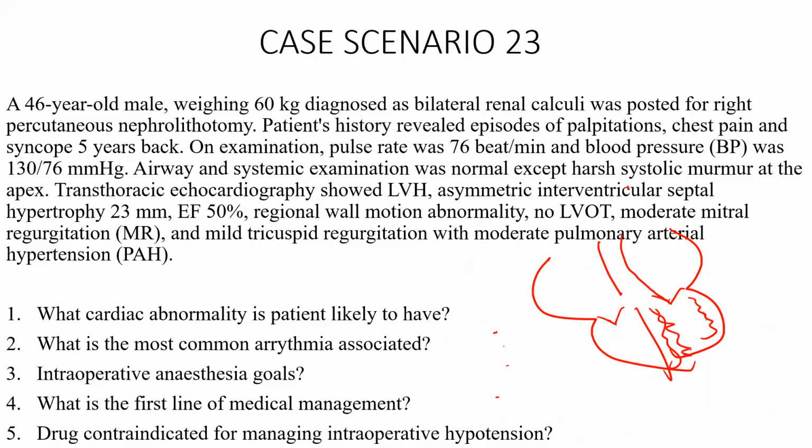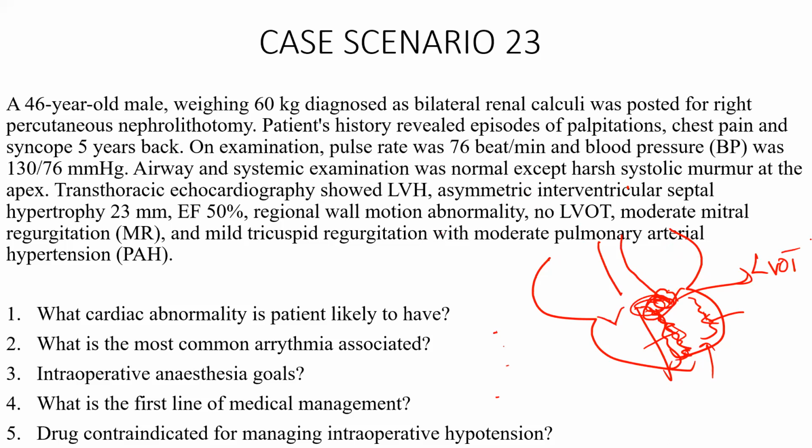So the problem in hypertrophic obstructive cardiomyopathy is that there will be asymmetrical septal hypertrophy. When the ventricle is contracting and squeezing in all directions, when it tries to produce left ventricular ejection, the anterior mitral leaflet of the mitral valve and the asymmetrical septal hypertrophy will oppose each other, and that will produce left ventricular outflow tract obstruction. So this is the basic pathology in hypertrophic obstructive cardiomyopathy.